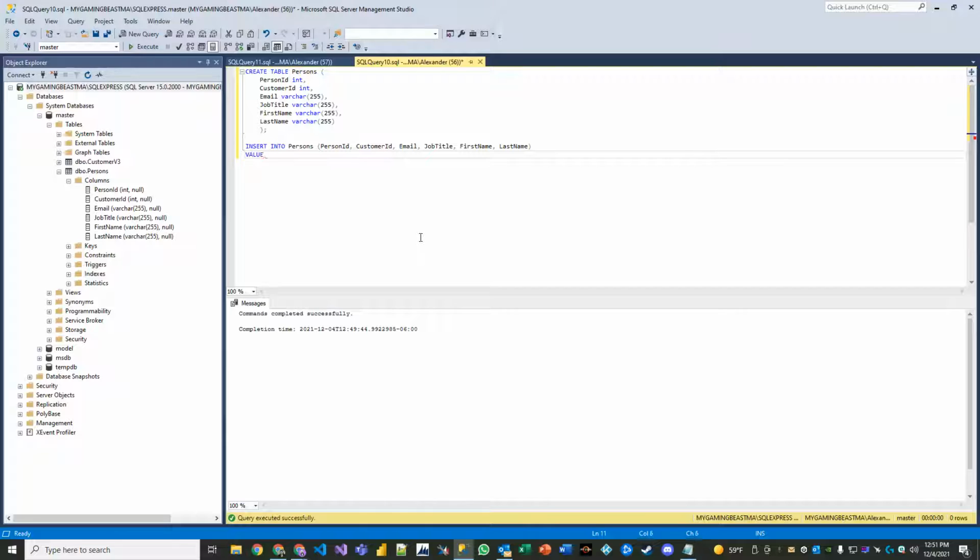And then remember, don't forget your values statement. And remember to align the columns that you've selected to insert into, making sure you pass those values in the same order, or it will mess everything up. Don't mess anything up. So the ID I'm going to give my person is just going to be